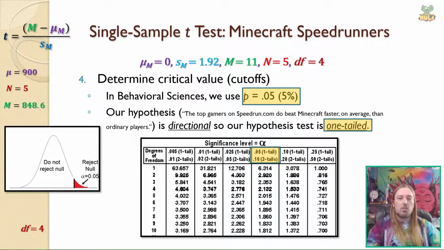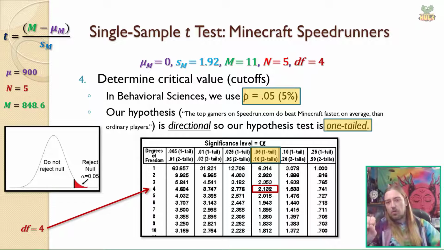This then goes into the t-table, right? So this is a snippet of the t-table that I've provided to you. All 5% has to be in a single tail because this is a one-tailed test. So we go into this with degrees of freedom of 4. We carry that into that particular row. So here it is. And we go all the way over to the column that says that we have 5% in one tail. So get used to working with your Z and T tables because they're not always the most intuitive in their structure. This gives you a T cutoff score